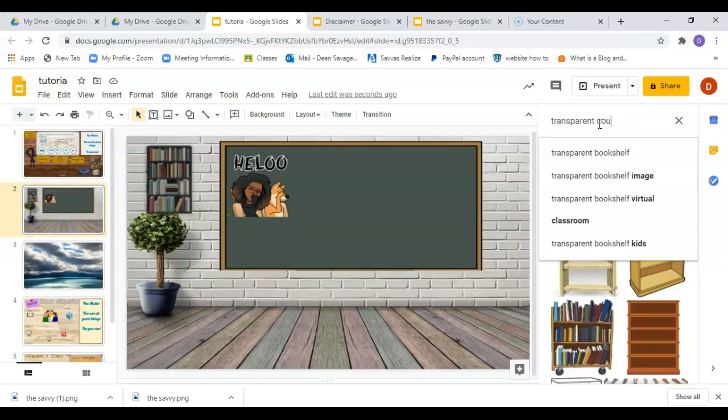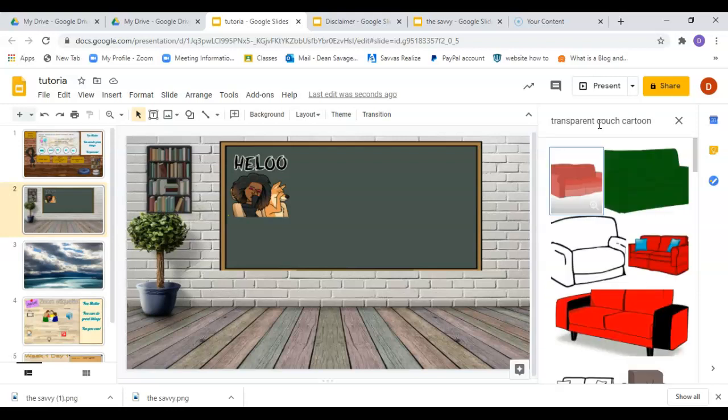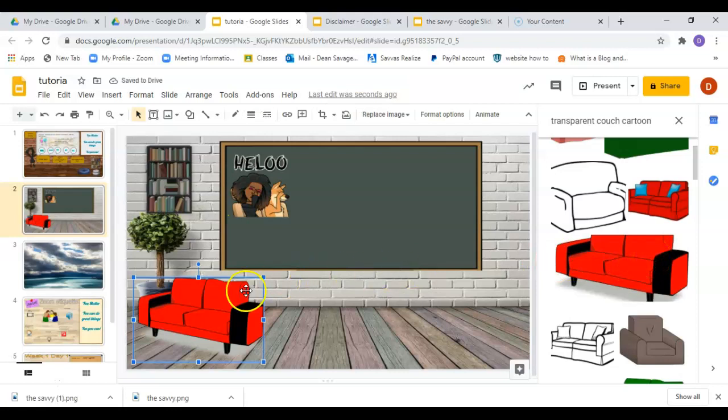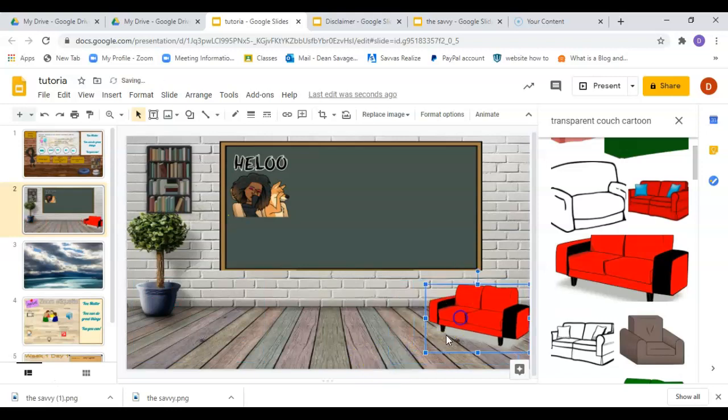So I'm going to put transparent couch and I'm going to make it cartoon looking. So here we go. And let's drag this red one in because I'm a girl of color and yes, I just like color. So I'm going to drag this over here and voila, my sofa is in. So I could bring my